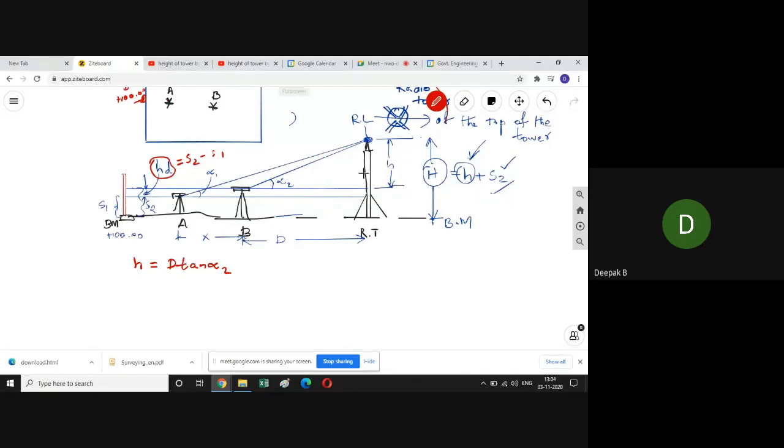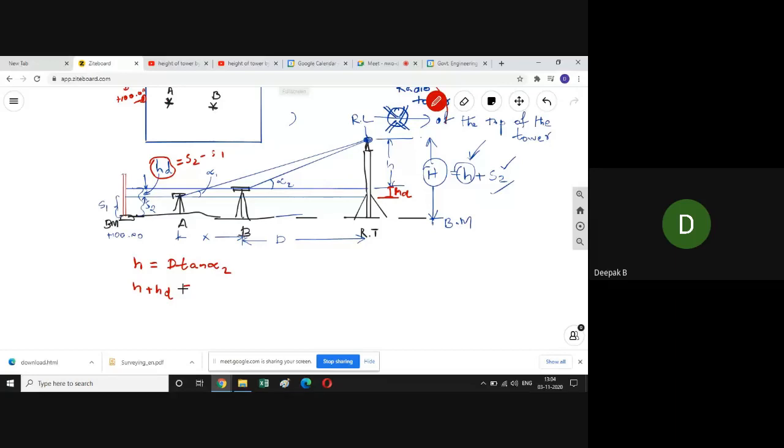So let's say I'm taking this side. I am starting to find the measurement of the instrument placed at the first point A. This will be HD. So if we are using the same formula for tan alpha 1, how will it come? I took this height as a whole, that is H plus HD,